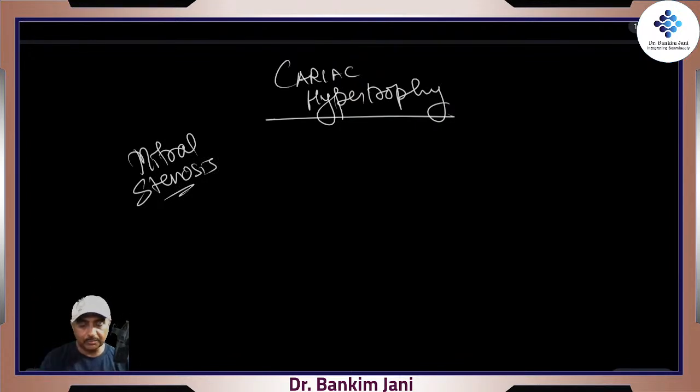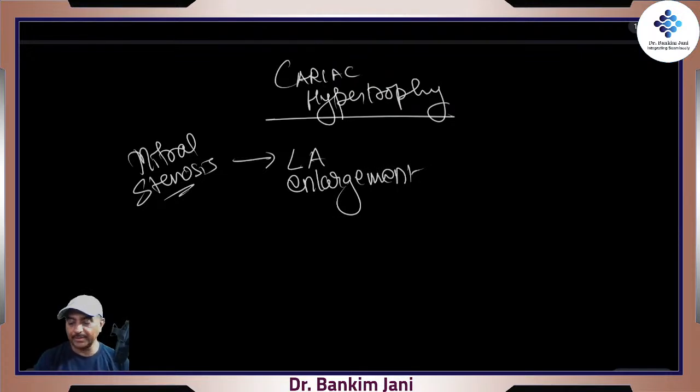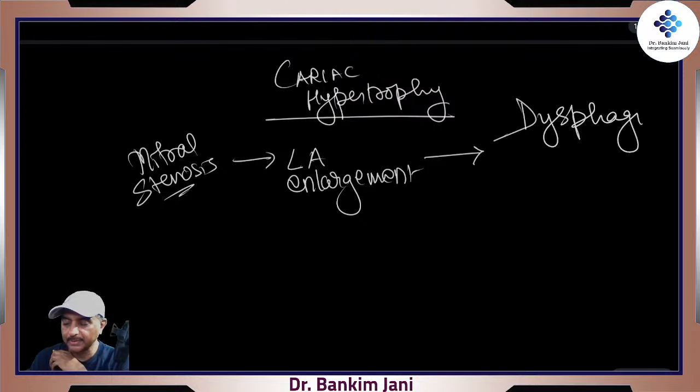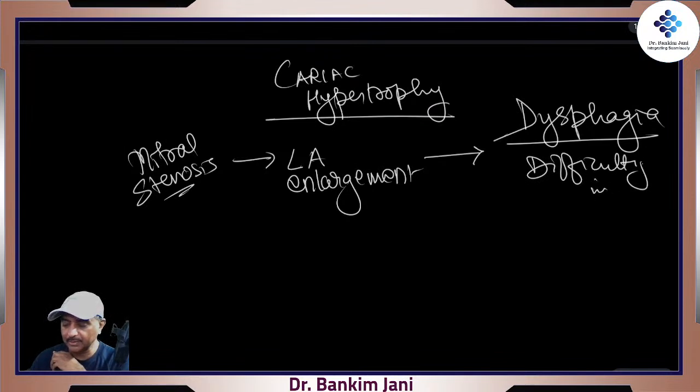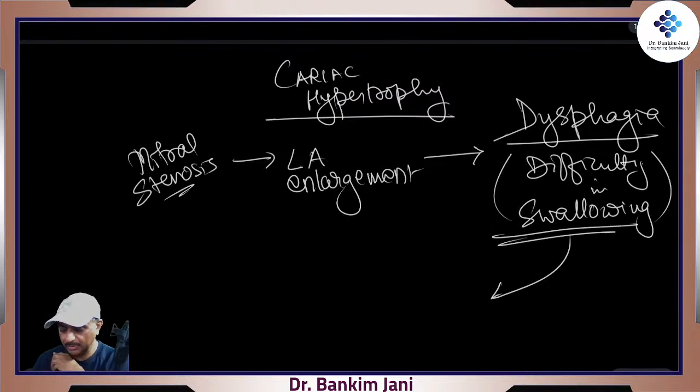It will lead to left atrial enlargement, correct? When you see this and you find that the patient is complaining of dysphagia, that is, difficulty in swallowing, the first procedure you must do is either go for a CT scan,